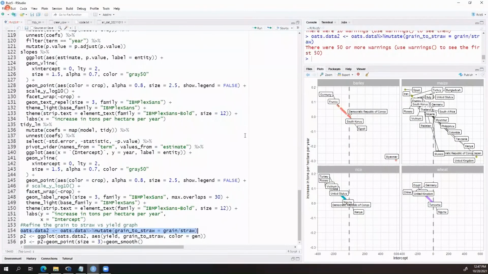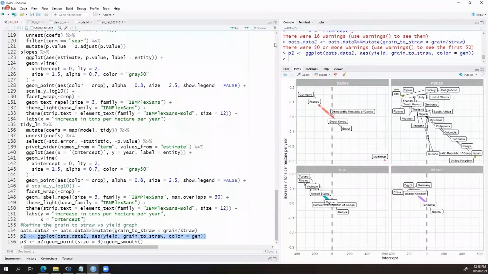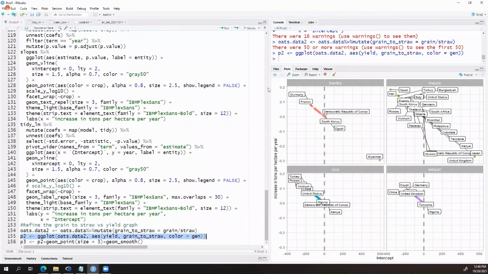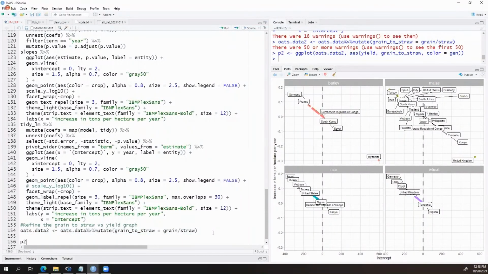And then the next thing we're going to do is create a plot with ggplot by comparing the yield to that ratio and coloring it according to the genotype. And see what that looks like.